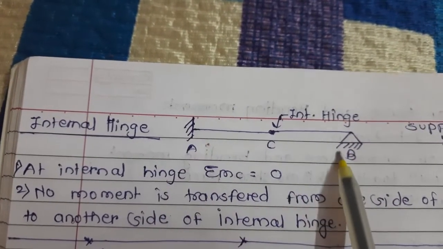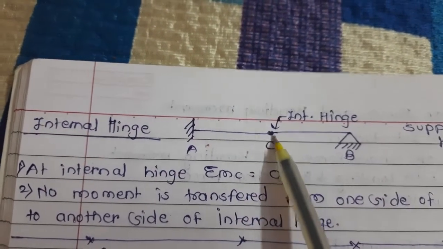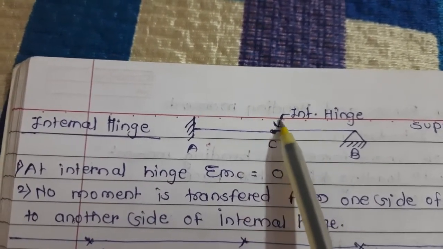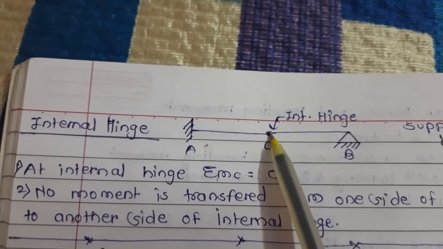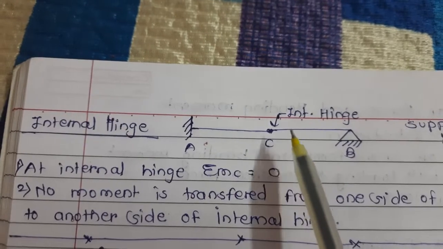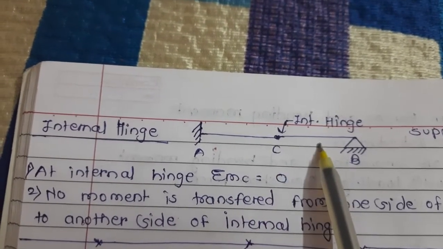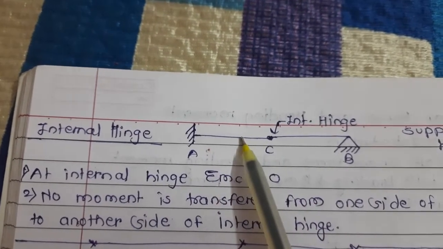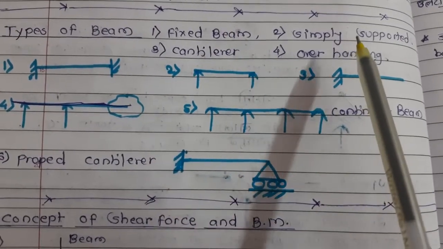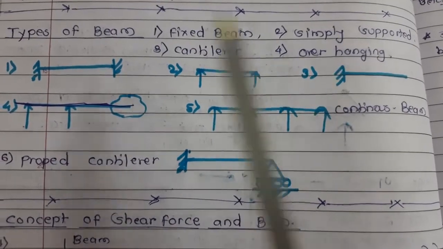This is a fixed support, this is a hinge support, and if we provide an internal hinge, then at the internal hinge, the summation of moment at point C is equal to 0. No moment is transferred from one side of the internal hinge to the other side. This is important. Now, types of beam: fixed beam, simply supported beam, cantilever beam,